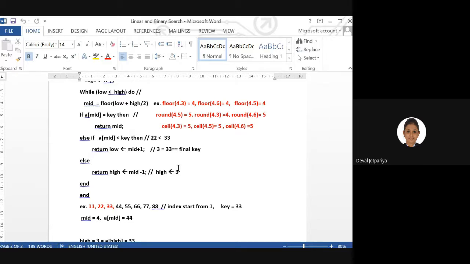Okay. So any query in this? How we are getting the search element using linear or binary search?